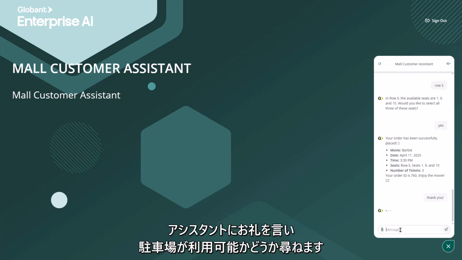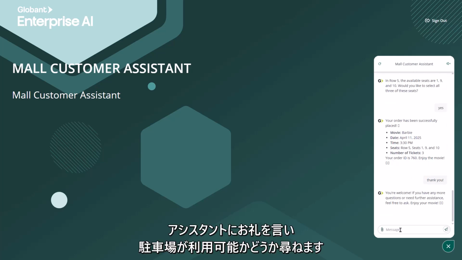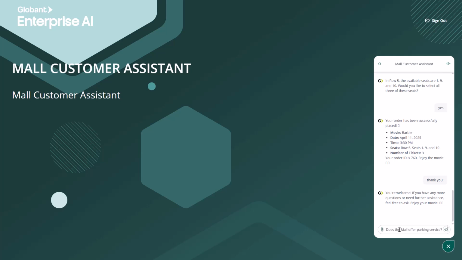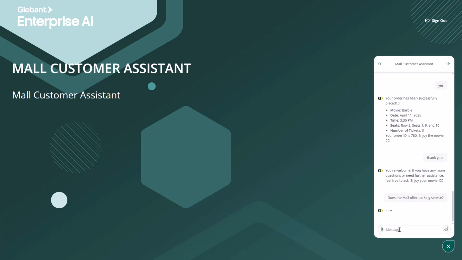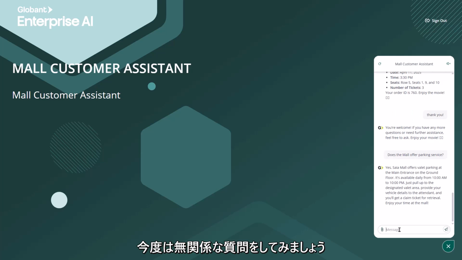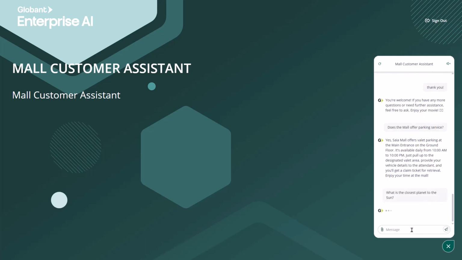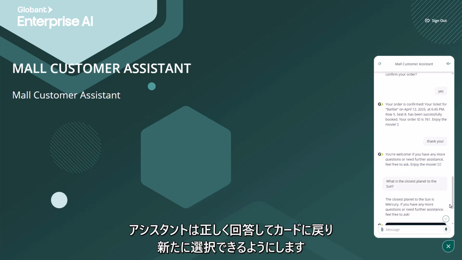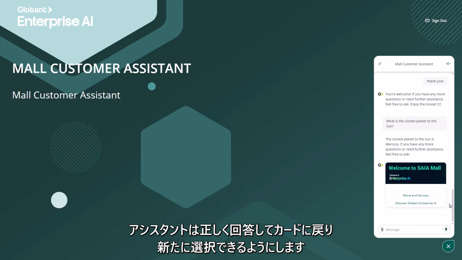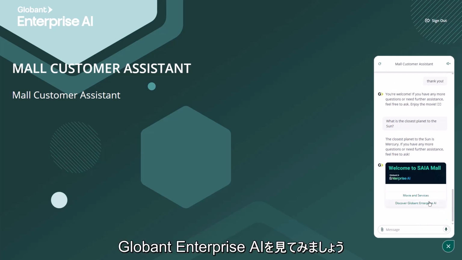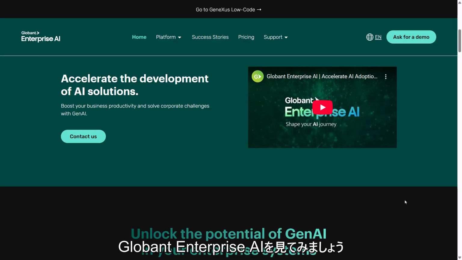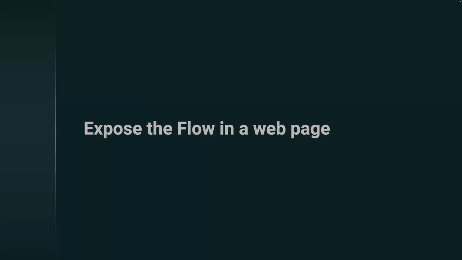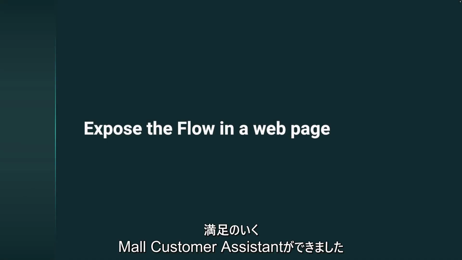We thank the assistant and ask if parking is available. Let's now ask a question that is off topic. What is the closest planet to the Sun? It answers correctly and returns to the card to allow a new selection. Let's discover Globant Enterprise AI. Perfect. We're satisfied with our mall customer assistant,